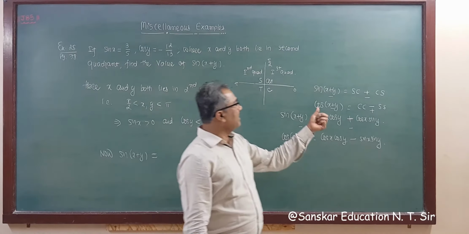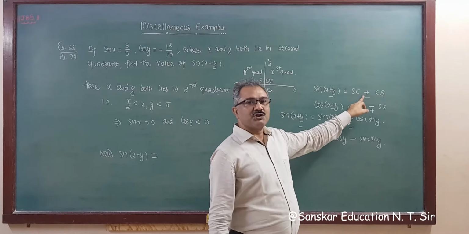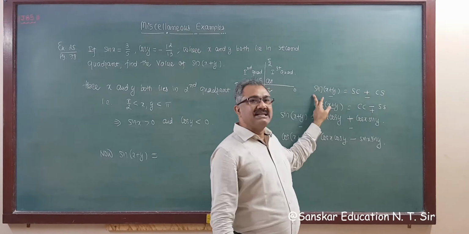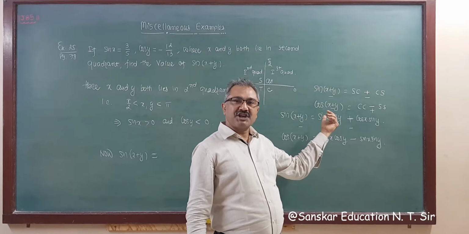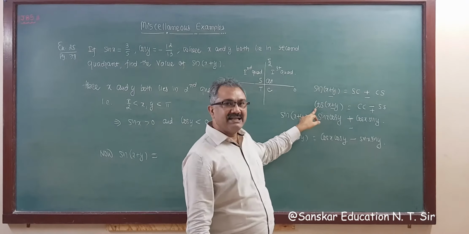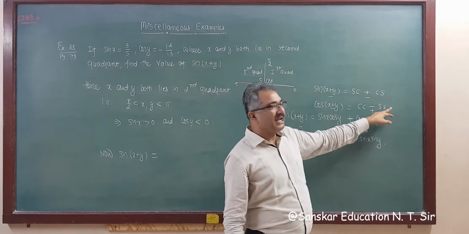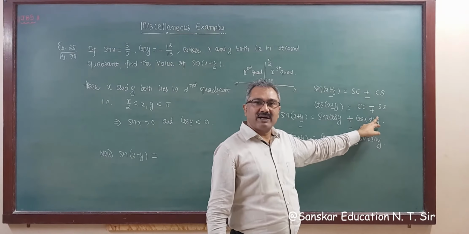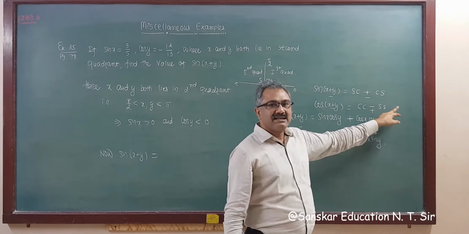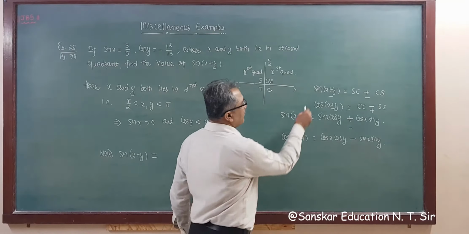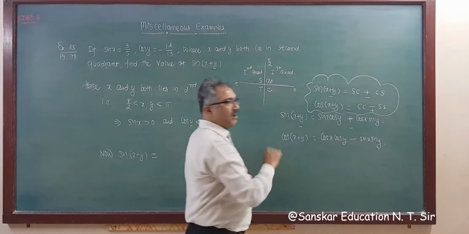And comparatively you have to write x and y in order. So sin x cos y plus: sin means same, so same means same sign. Cos means change. C means change, S means same. So SC CS, and then cos x cos y, plus then minus, cos is change, so sin x sin y. You can remember using this technique also.